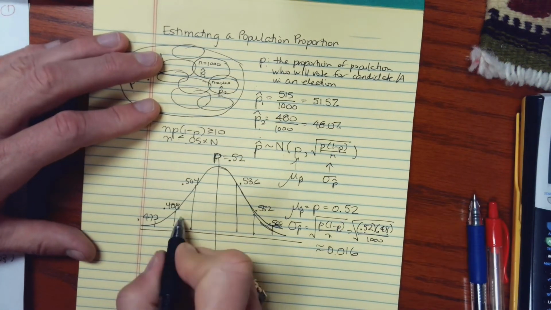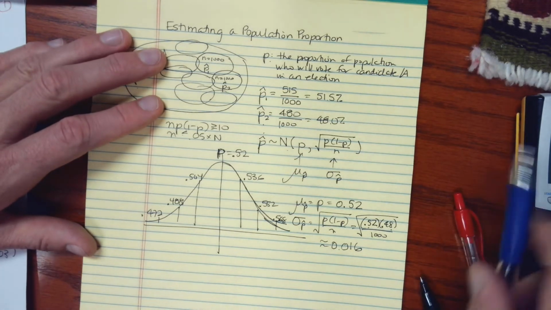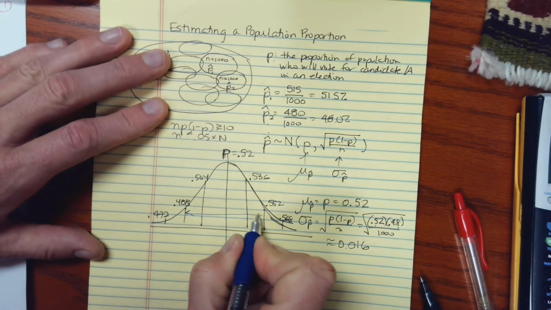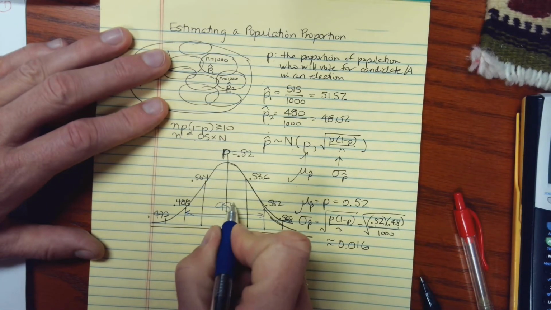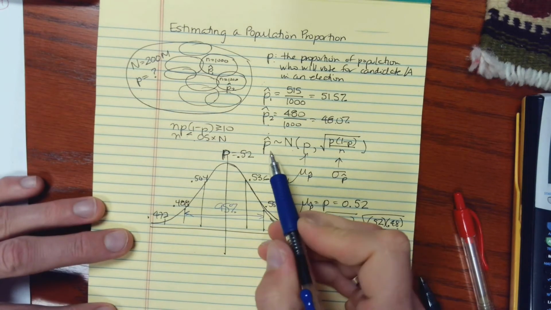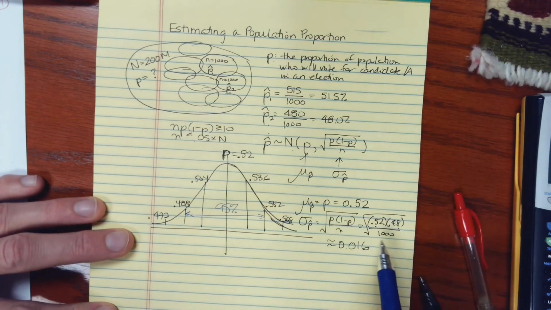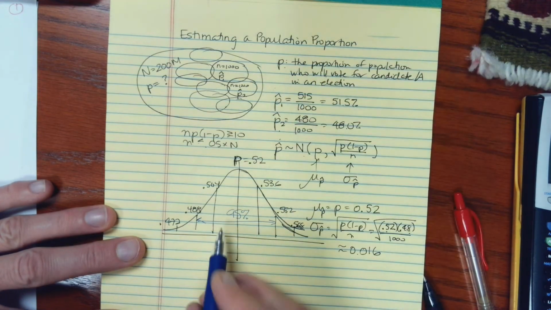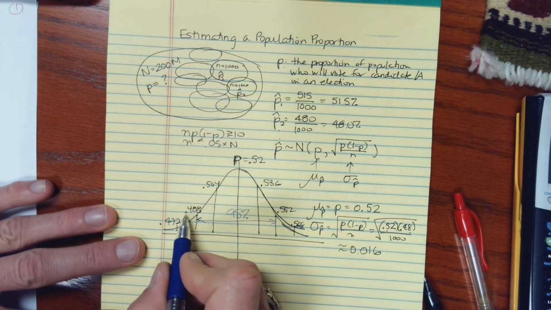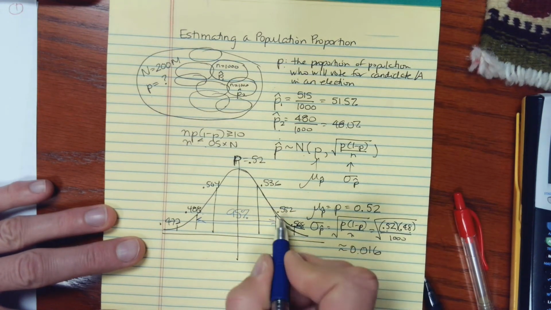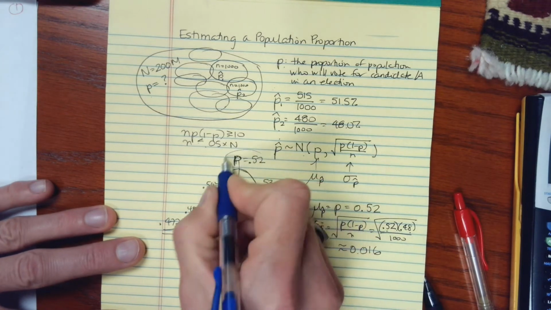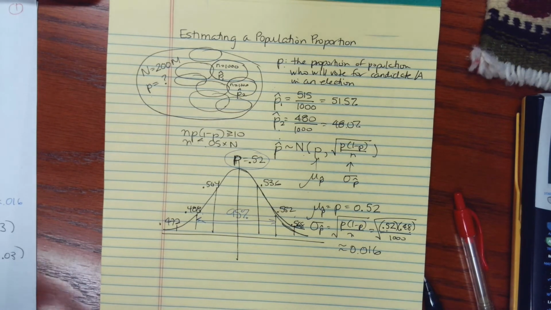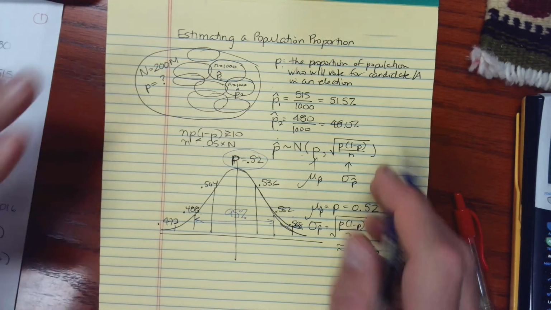So, you may recall from the empirical rule that, for instance, 95% of my sample proportions, as long as I'm taking proportions from samples of size 1,000, should be between 0.488 and 0.552. That's assuming that this is the true population proportion. All right. So let's go back then to